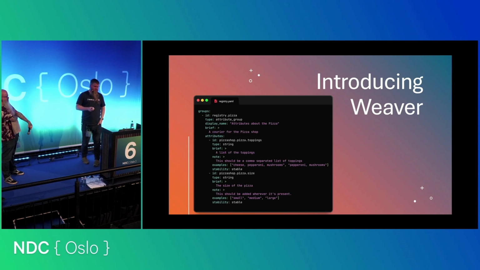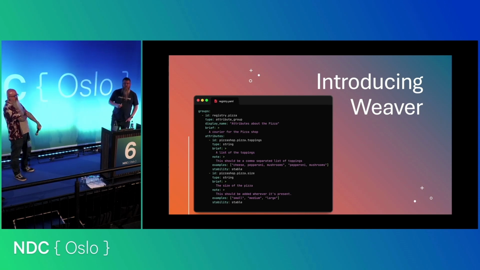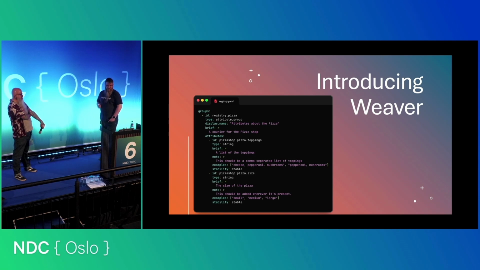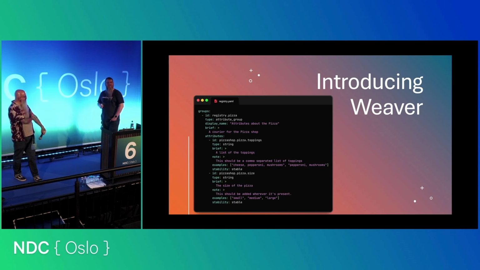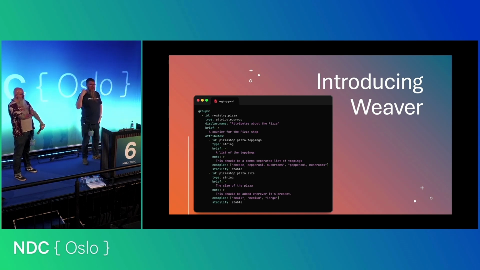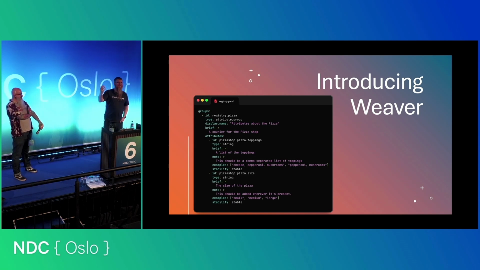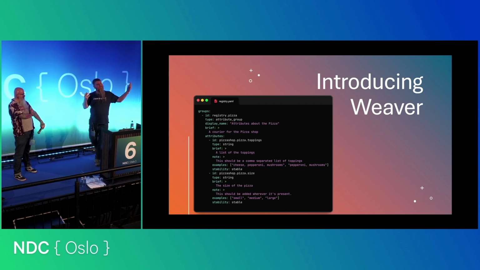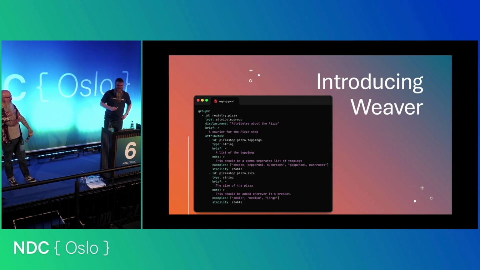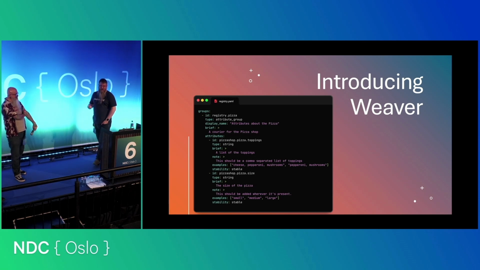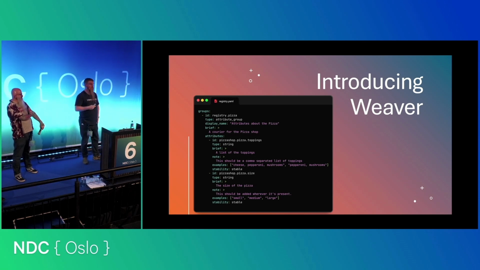Now, OpenTelemetry have produced a tool called Weaver. Weaver is a really, really interesting tool because, A, you get to write YAML, and everybody loves writing YAML, yeah? But what's better is it marries up arguing about naming with arguing about whether YAML is a programming language, which is an amazing meeting to be in sometimes.